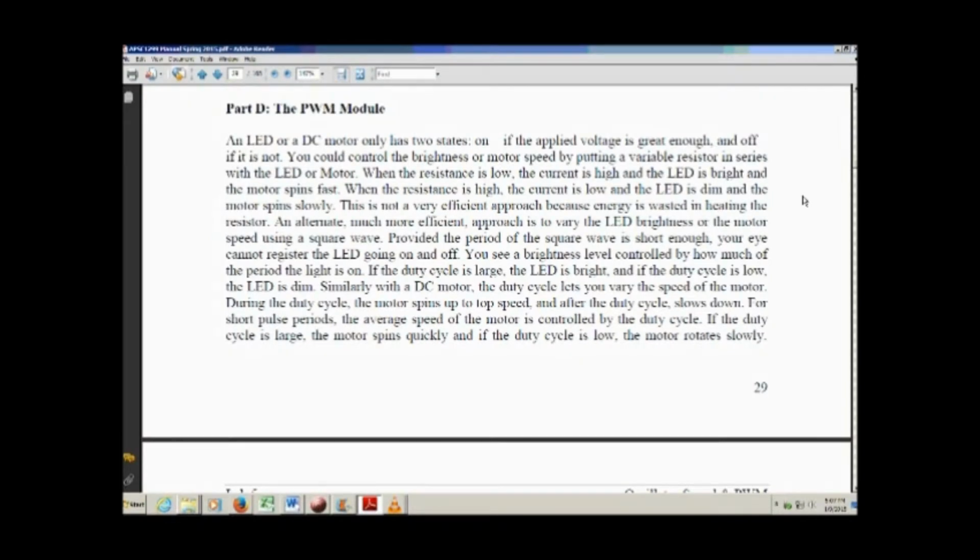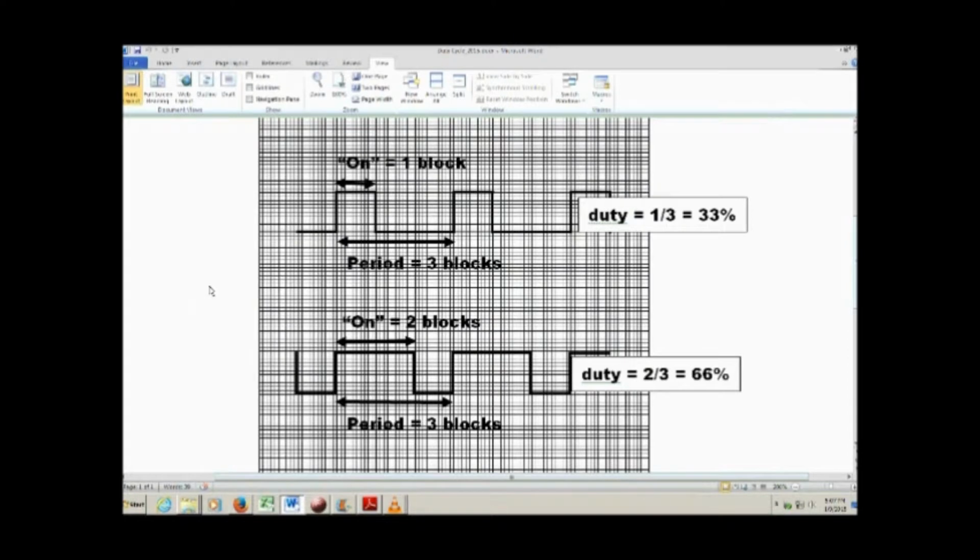So in Part D, we're going to talk about the PWM module. PWM stands for Pulse Width Modulation, and I've got a little diagram to help explain that. Remember when we talked about duty cycle? The duty cycle was the ratio of how long the pulse is high for relative to the entire period of